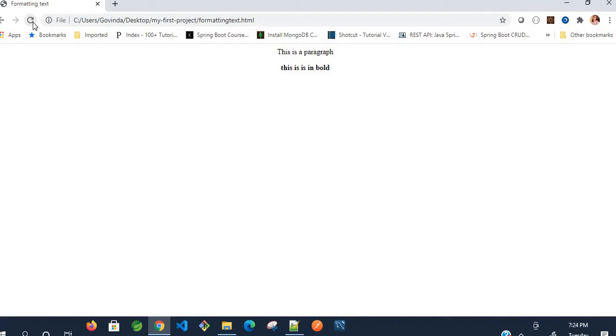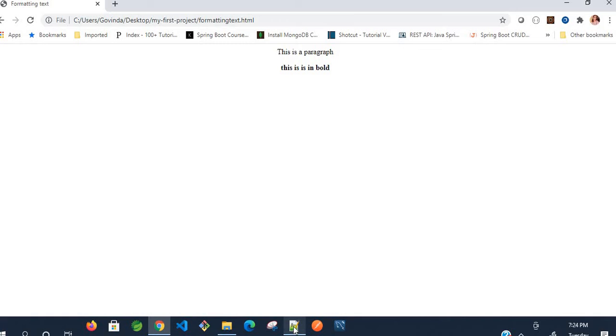See here, the first line of the content, that is nothing but the text, is enclosed with the paragraph tag, and the second line of the text is enclosed with the bold tag. So see the difference here. I have not used any formatting tag, so it has displayed simple text. Here I have used the bold tag, so it has displayed in bold.